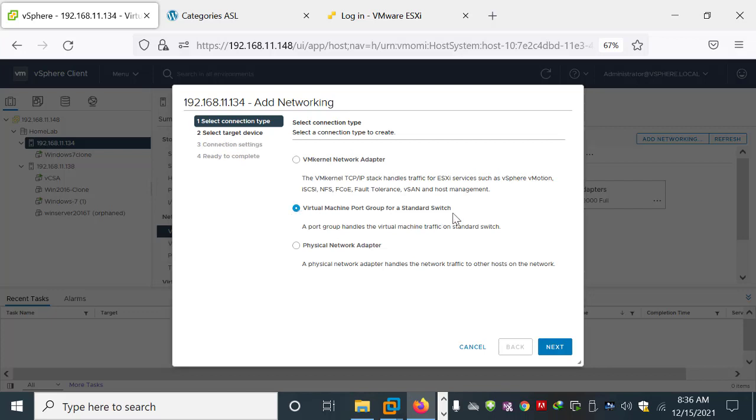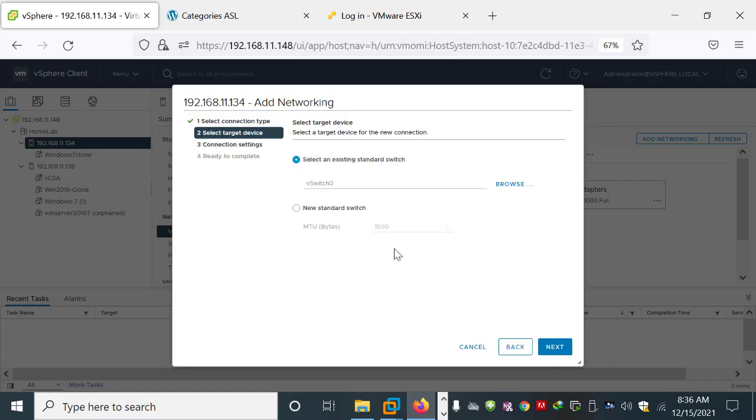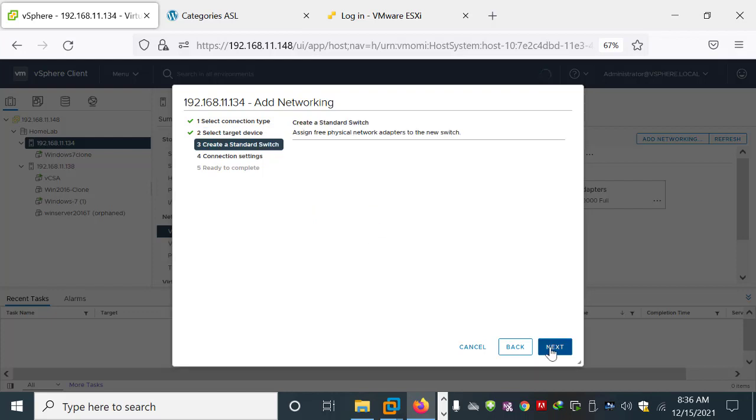So I will create a port group on a standard virtual switch. I click on this and click next. And here you can select an existing switch by browsing or create a new standard switch. So I click on create a new standard switch and choose the default value of 1500 and click next.